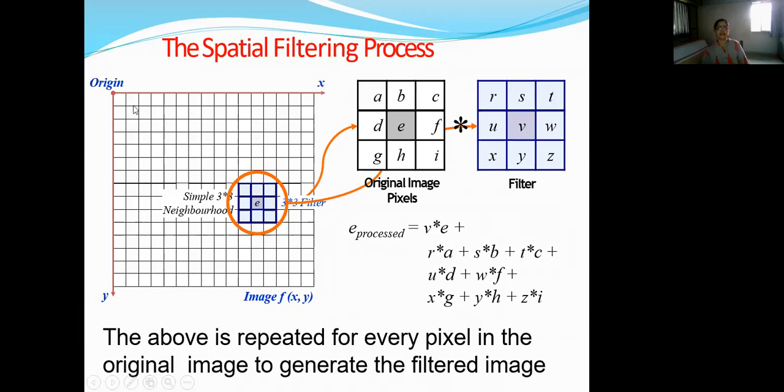So we start with, say, this second row, second column pixel. We apply the 3 by 3 mask around this pixel. Then after applying the mask to this pixel, we move to the next pixel, and accordingly the mask position will change. It will be a 3 by 3 mask around the new pixel. Then we again apply the mask to this pixel, then we go for the next pixel, and so on until we complete all the columns from the selected row. Then we scroll the mask downwards by one row.